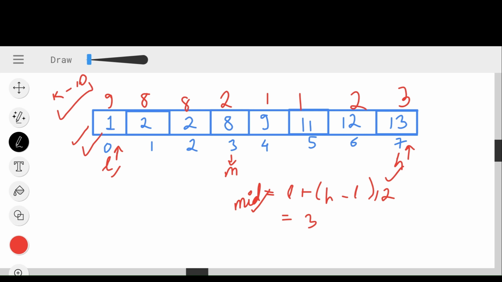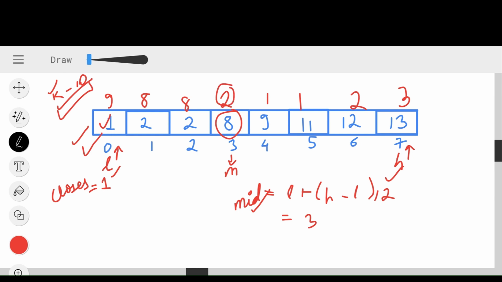So now what to do? My k is 10. Let us assume that my closest value is the first element. This is just an assumption. We are just assuming that our closest value is our first element. Now let's see what we will do. We will subtract our 8 with this k. What is it coming? 8 minus 10. It is giving me 2.